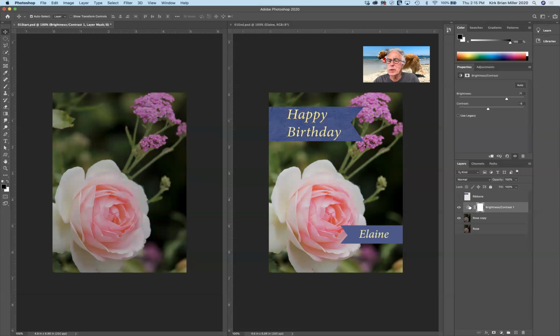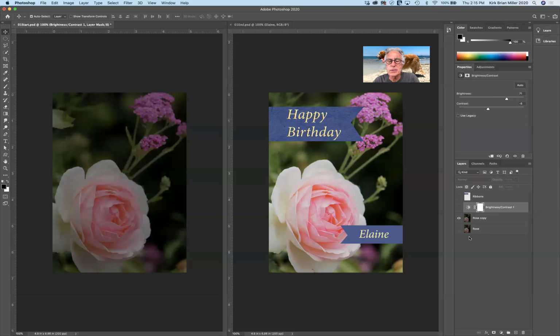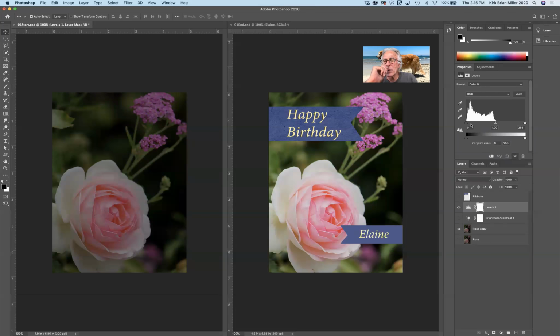So the next thing that I want to do is show you other ways of brightening this. So I'll turn this one off. And then I'm going to go back to the adjustment layer. And this time I'm going to use levels. Levels is a slightly different way of making adjustments. And we can see the spikes in this